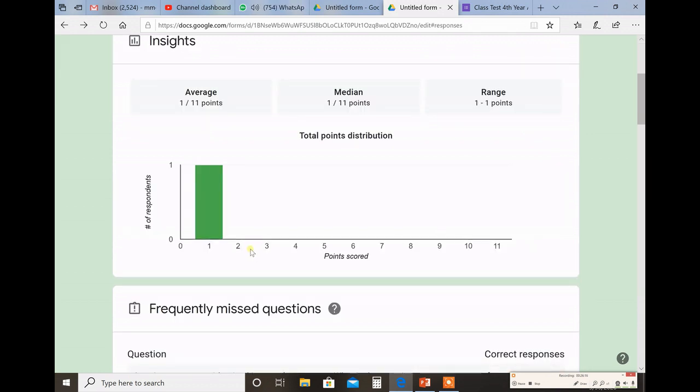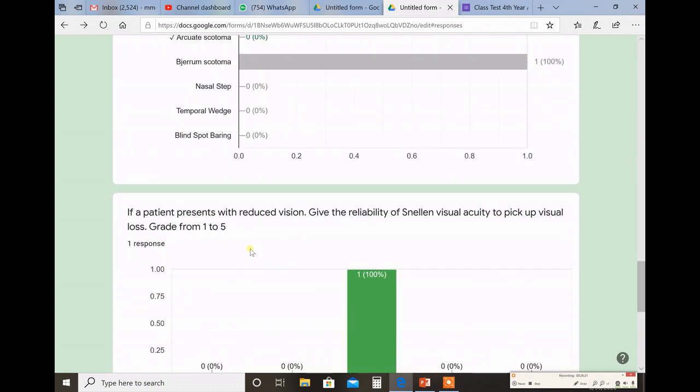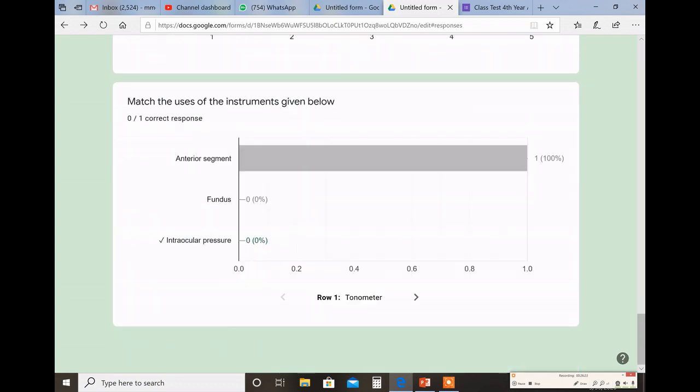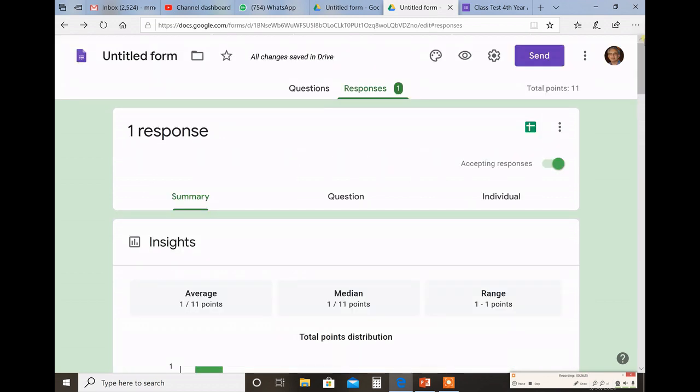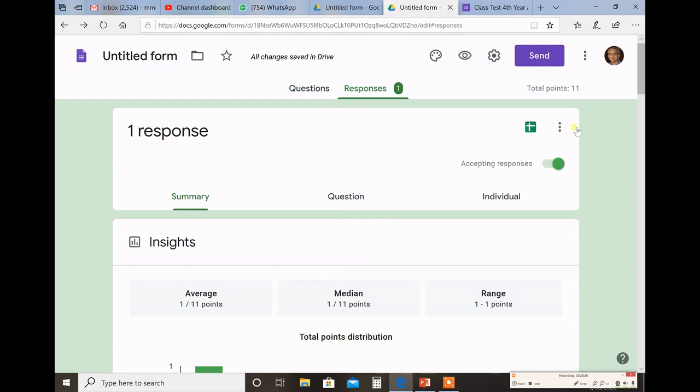So the average result is showing up onto this. And you can release the result to the student as well. Get email notification. You can set that if you want to. And the next question is